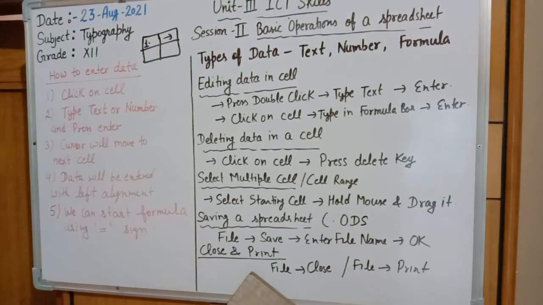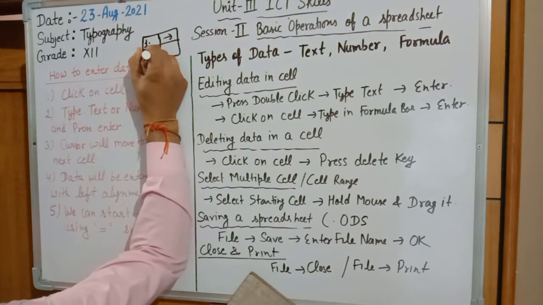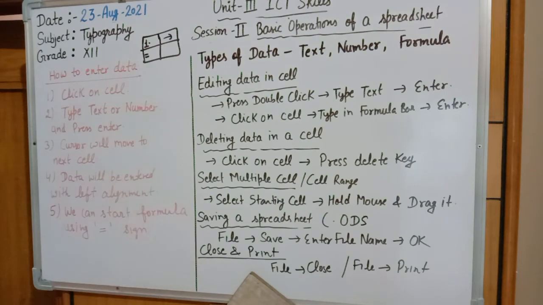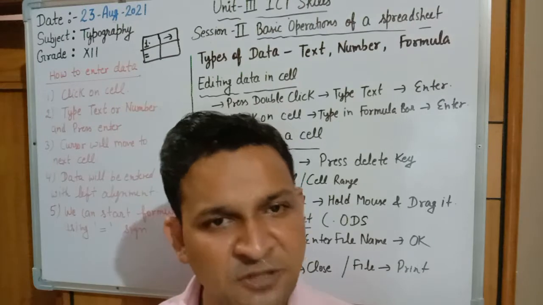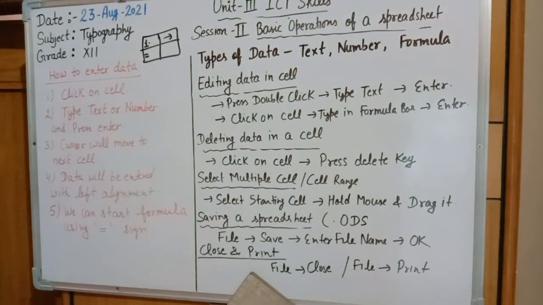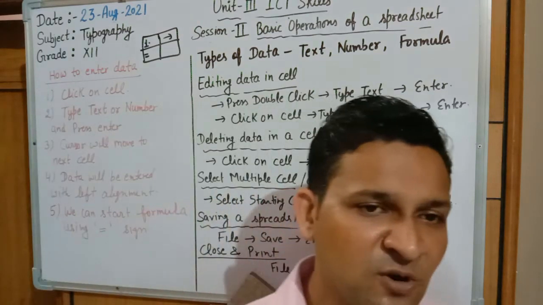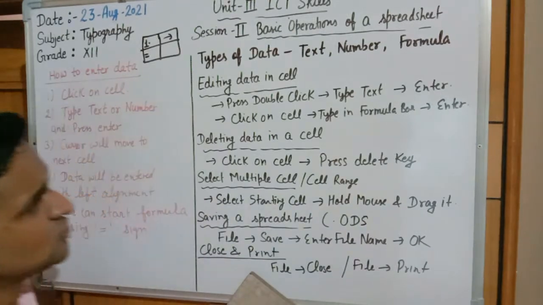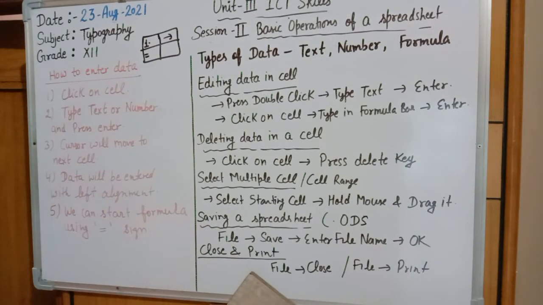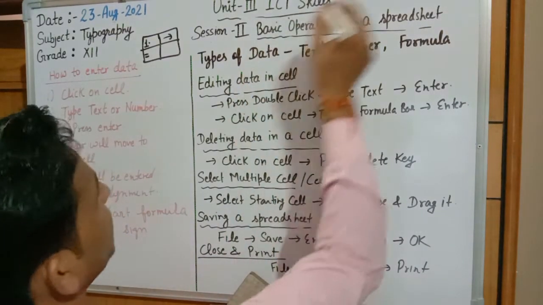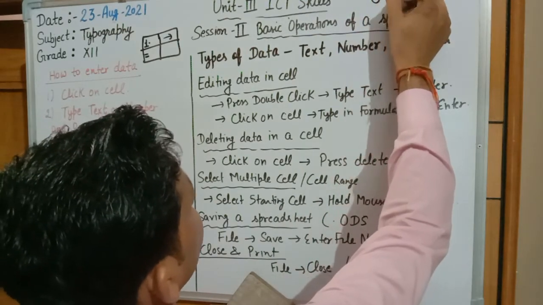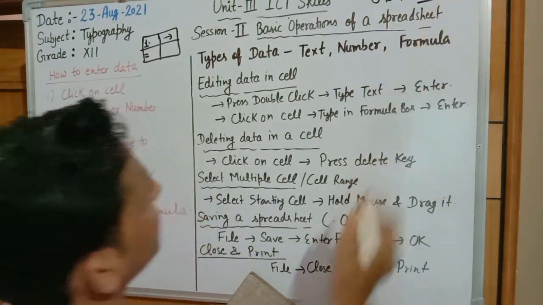Next, we can also use the equal to sign. If we want to enter any formula, we can use the equal to sign, then we put the complete formula as we do in an Excel sheet also. I'll discuss in the next session how to put a formula in LibreOffice Calc. It is the software that we are doing, LibreOffice Calc, that is used generally in the Ubuntu operating system. The name of the operating system I am repeating again, it is Ubuntu. In this we are using this software.